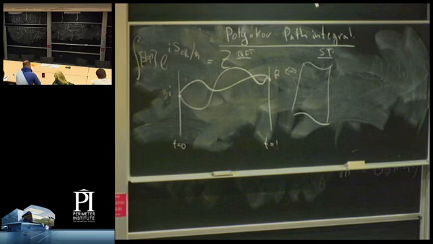A trajectory, a path in quantum field theory, is a world line. Here, what we have is our string